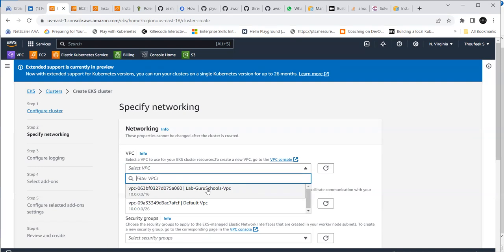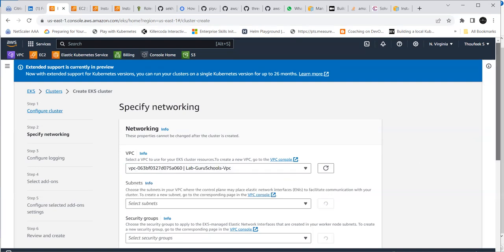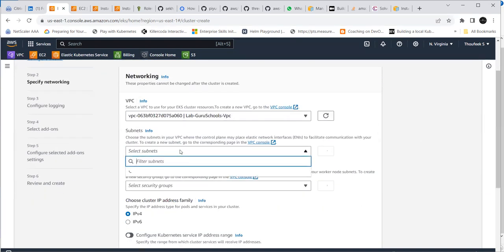So here I am choosing my corresponding lab VPC and the subnets. Ensure that we choose two subnets, and each subnet is in a different availability zone. So make sure that